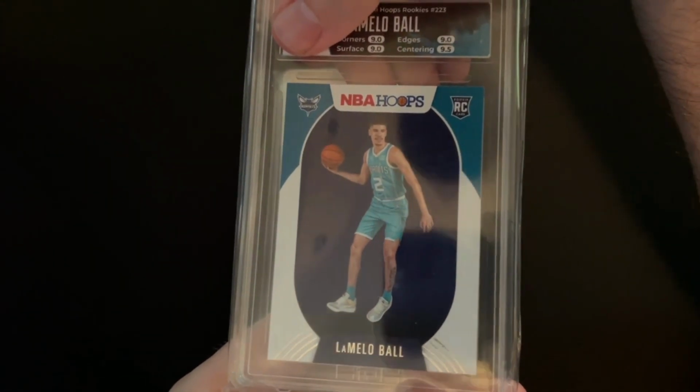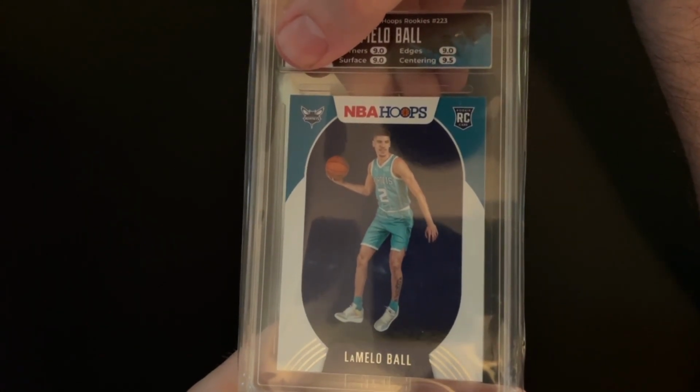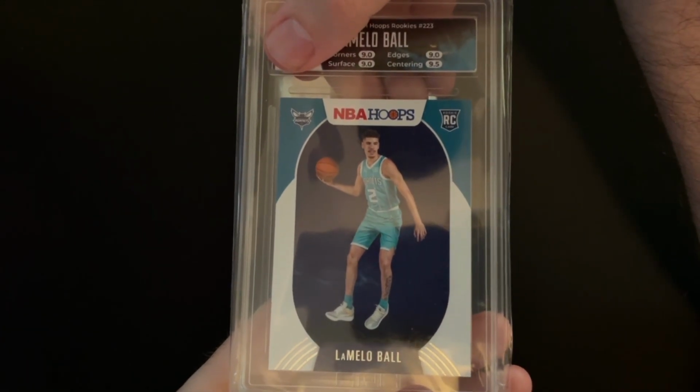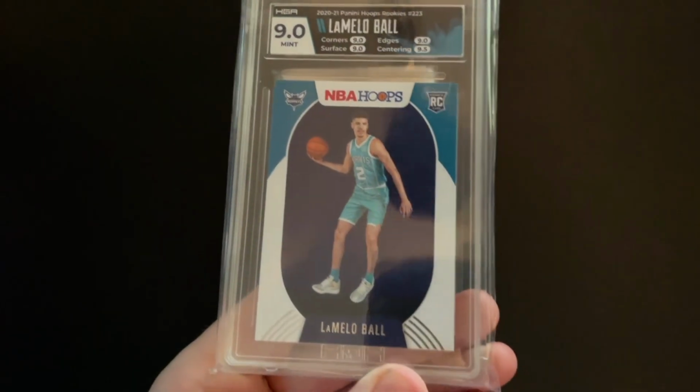I did a card splash. You can do team splash as well, team match, and they also have some other variations. I recommend you check those out because they're all pretty cool. All right, I looked at this long enough. I can tell 9.0, 9.0, 9.5, and we're gonna have a